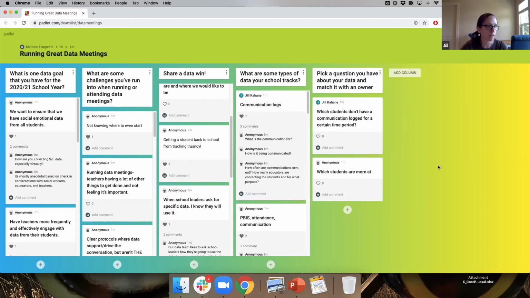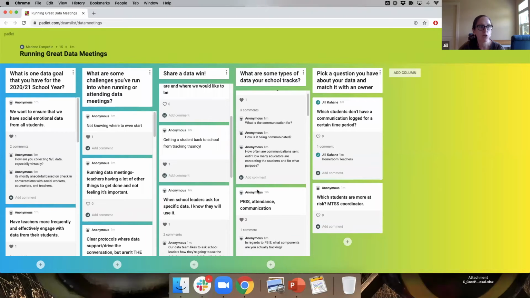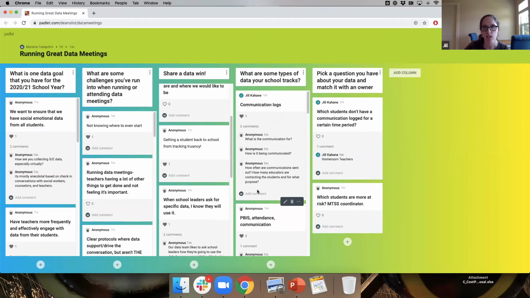But really, if we put this responsibility and this ownership on teachers, so I'm going to say homeroom teachers in here, they're the ones that are generally making the calls, and they're the ones that can be responsible for seeing who needs to get that outreach. And if they're the ones monitoring this data, it might feel a little bit less evaluative than a school leader saying, you need to contact these 5 kids. It's more of a team effort. So please take a moment to find a question in that column to the left that is interesting to you, move it over, and then populate it with who you think is best equipped in your school to answer that question.